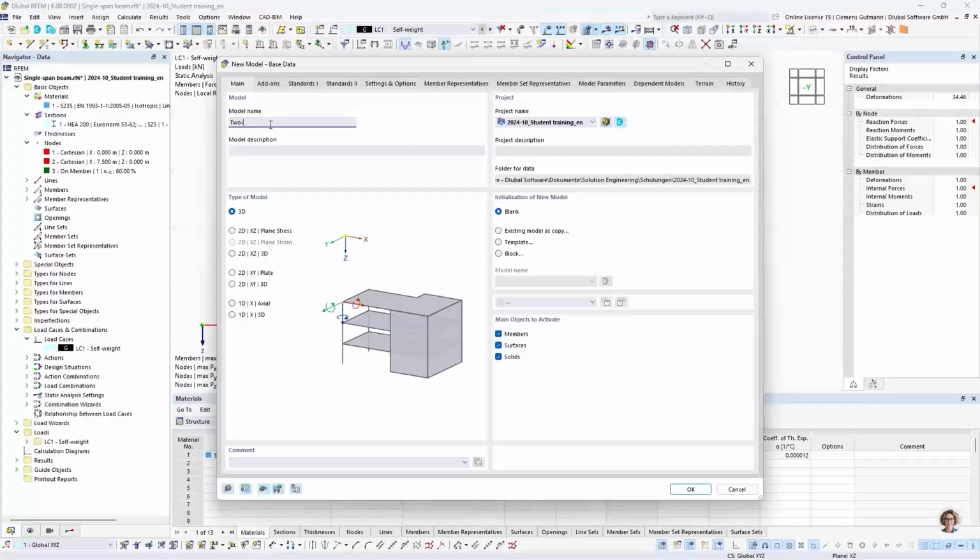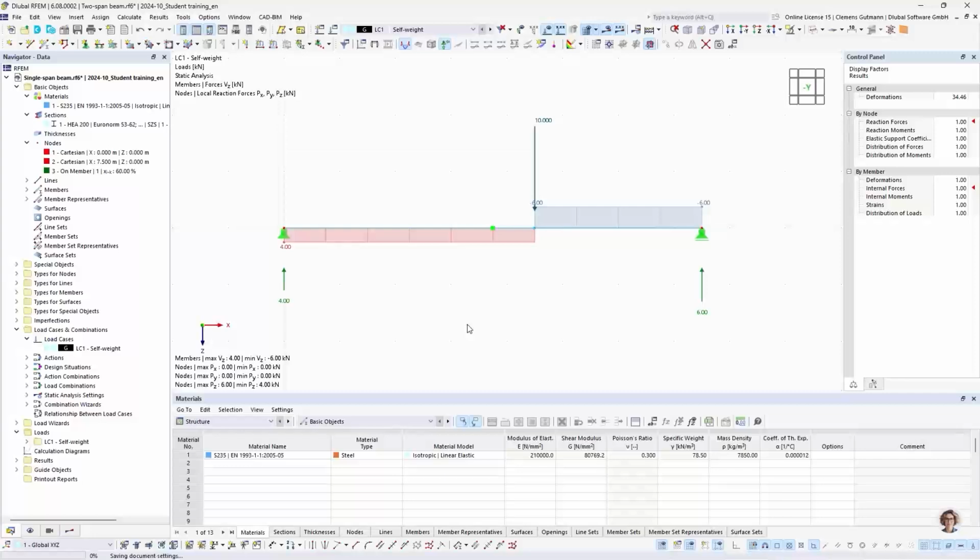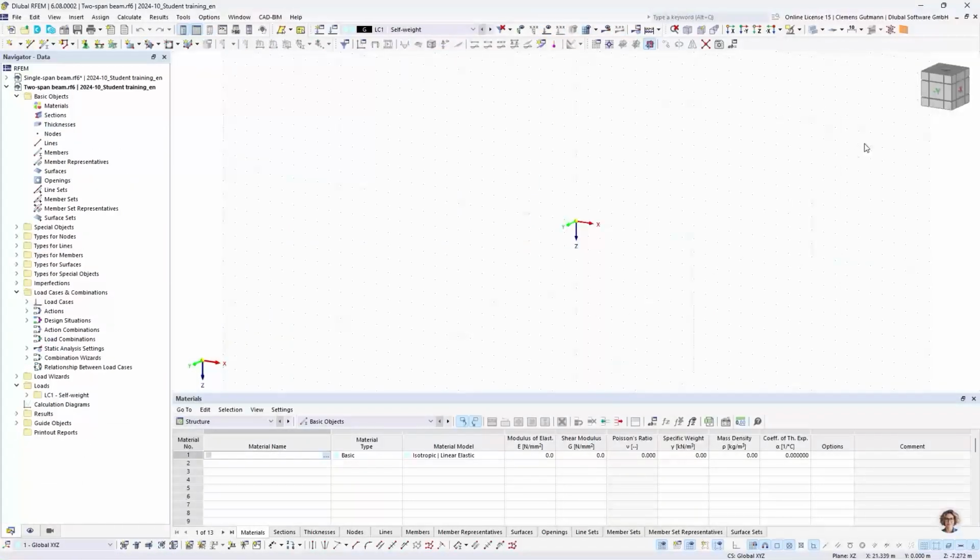Two-span beam. And again, I want to use the model type 2D plane stress like before and click OK. Now we have again a blank canvas,